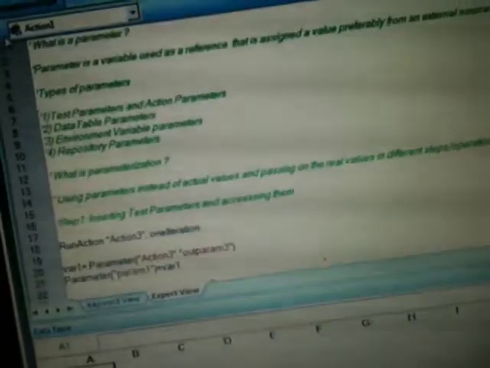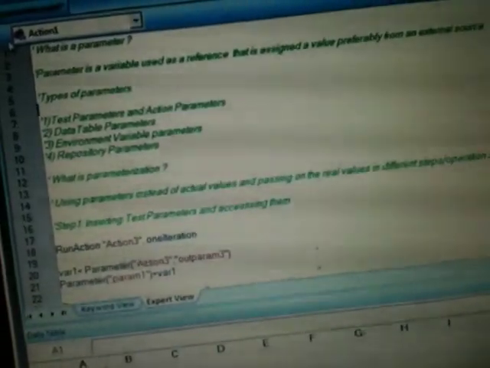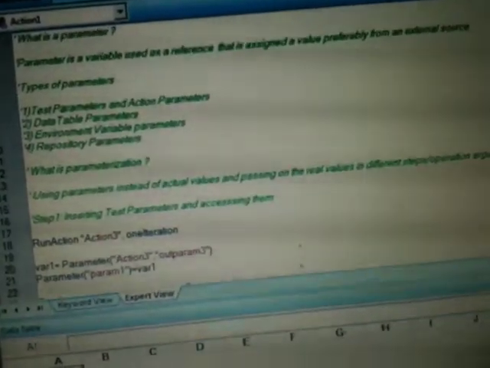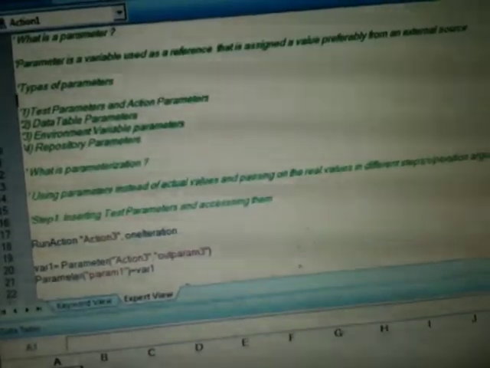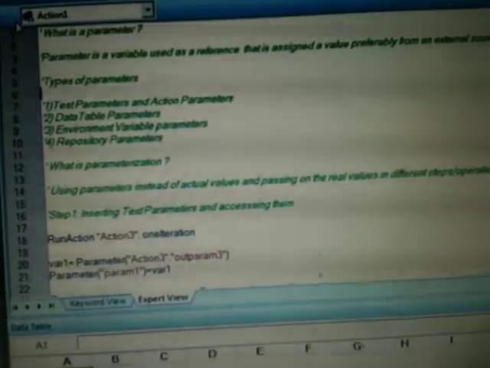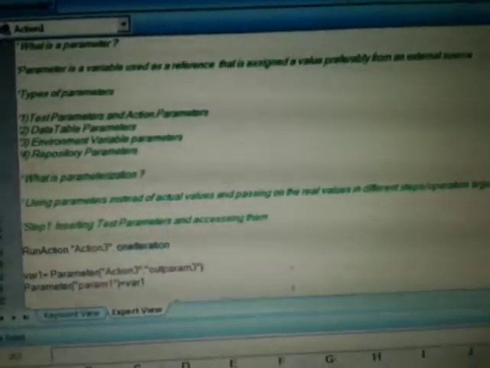What happens is, as soon as I start my test and pass on values 1, 2, 3, 4, the param1 will have 1, 2, 3, 4. As soon as it enters action 1, the param1 will assume the value of the action. It again goes back to the original thing. That means you can play with x. X will have, say, a value of 10 at the start, and if I override x with a value of 5 for a certain time, it will have the value 5. And as soon as it comes back to the original test, it will become 10 again. So that is not a big issue.